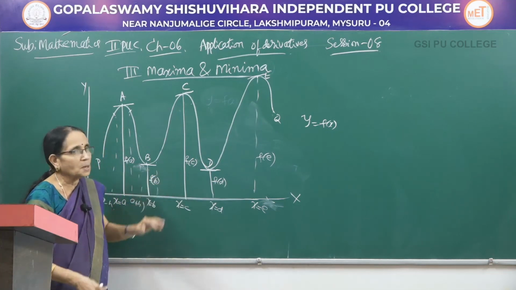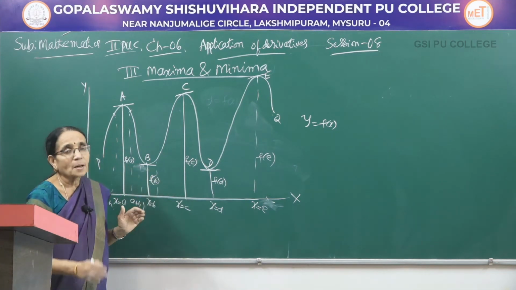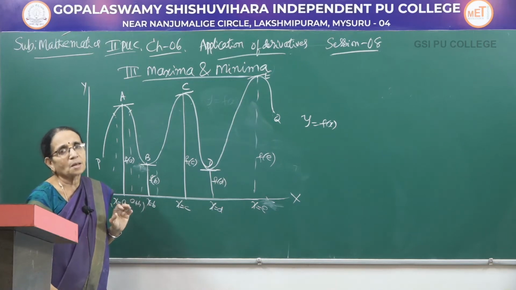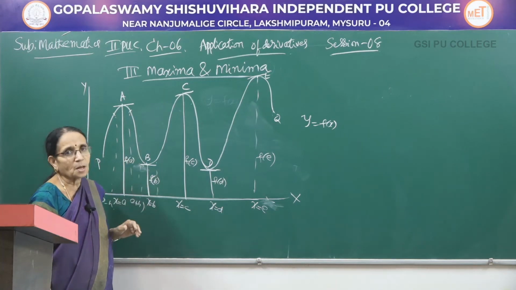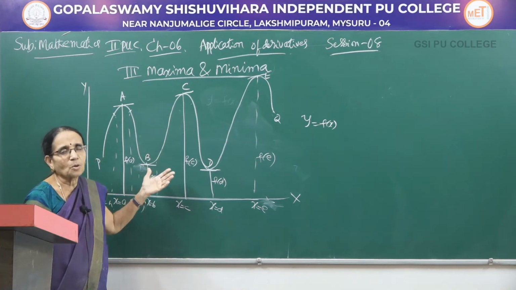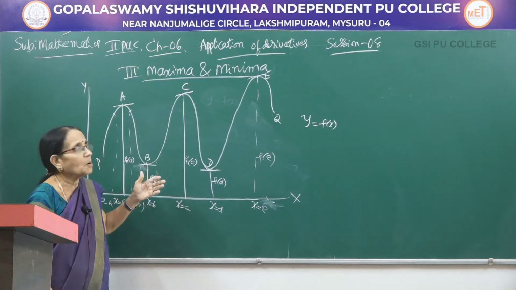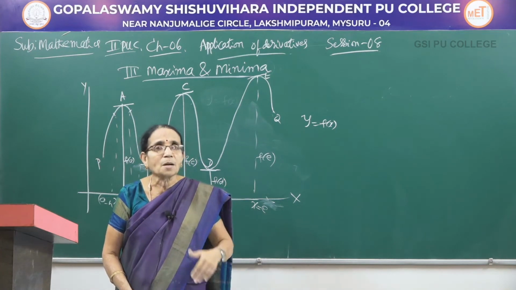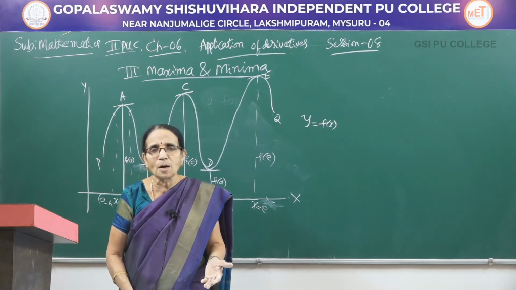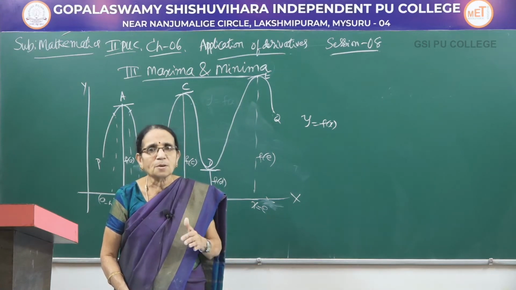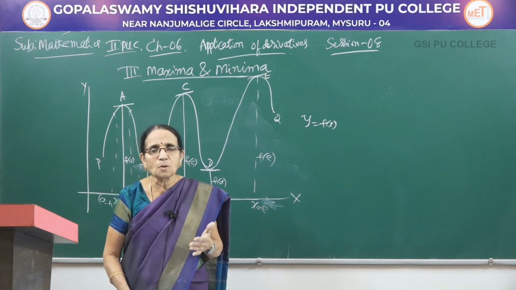So, this information can be written in the form of a test here. We call it a theorem, or the first derivative test. With the help of the first derivative test, we can find at what point it will attain a maximum value and at what point it will attain a minimum value, because every time we cannot draw the graph here. So here the application of the derivative comes into the picture.